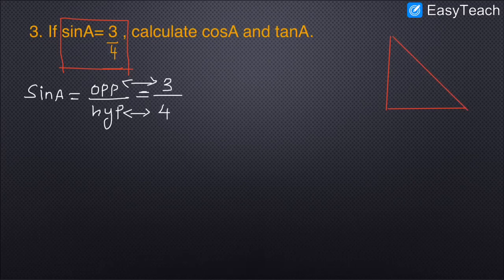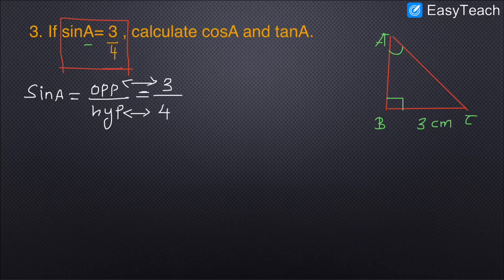If you wish, you can draw a right angle triangle as per these measurements. So here I write a right angle triangle and name it. While you name the triangle, please consider this: the angle is A, so it must not be the 90 degree angle, but it can be any one of the other two. I am going to name the triangle this way, ABC, or this way, ABC. Both ways are correct. Here we have the angle A, and I mark the angle and the values as well.